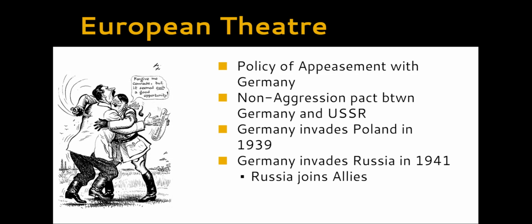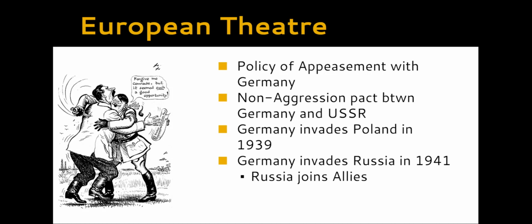The policy of appeasement did not work. Hitler is basically given the green light to do whatever he wanted. And of course, he has been building up quite a large army in order to achieve that. The non-aggression pact between Germany and the USSR ends, okay? Just to let you know, we got that little cartoon off there on the side. Hitler is going to stab Stalin in the back.